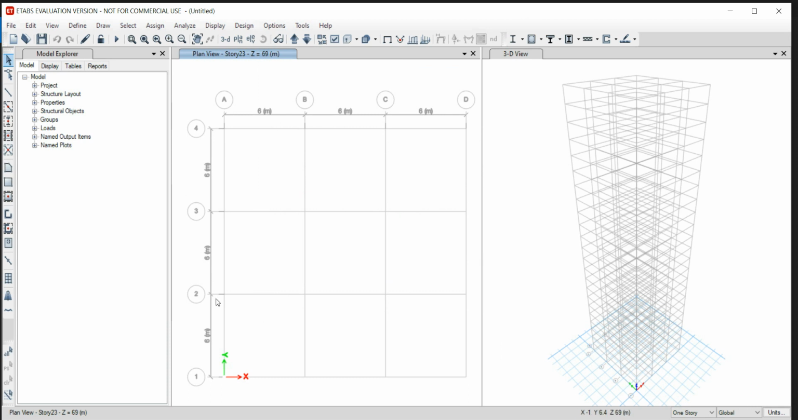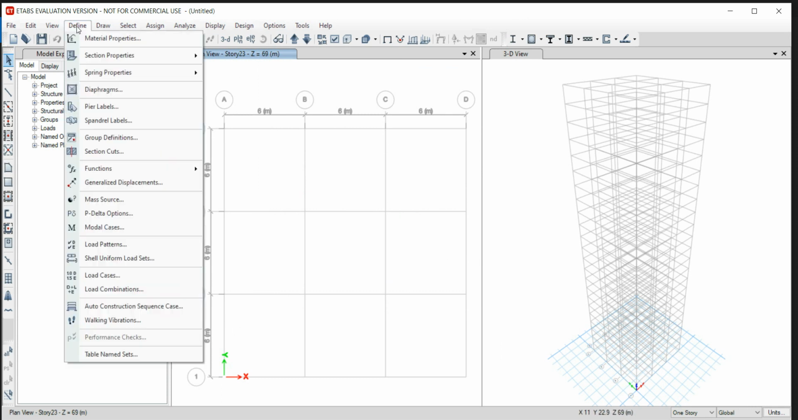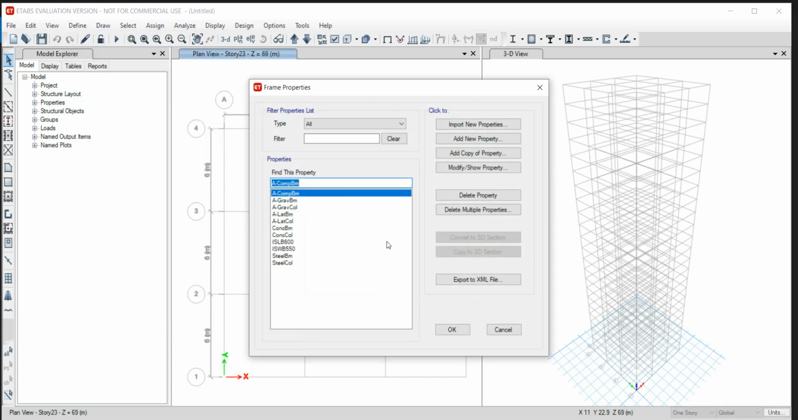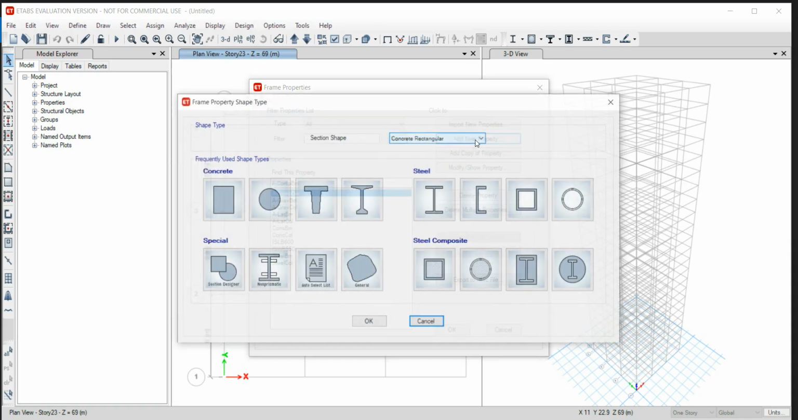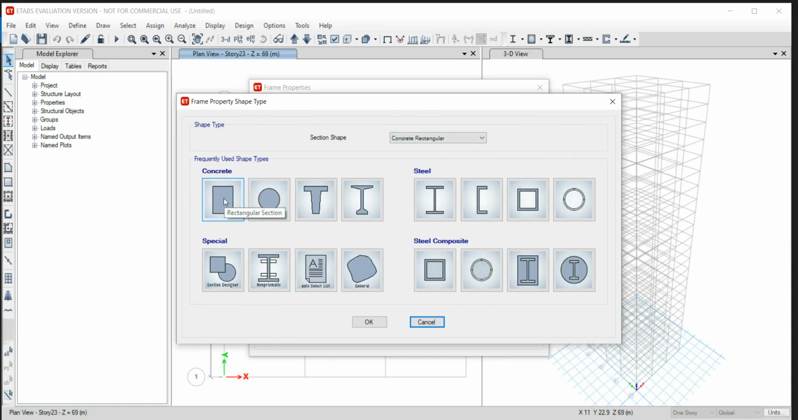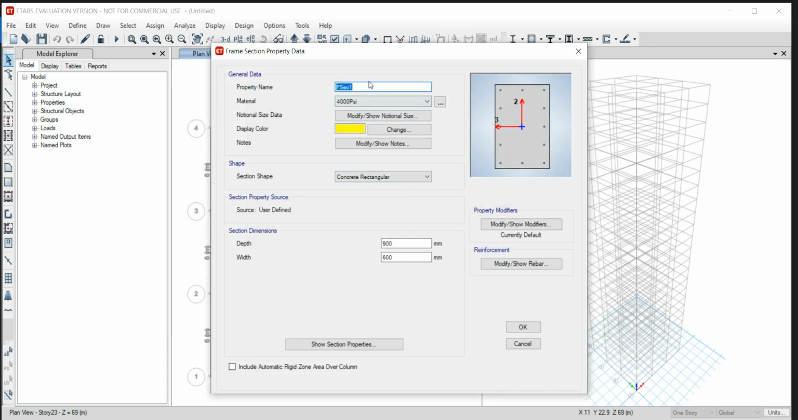Now you have to define the frame sections. Go to define, select section properties and click on frame sections. Here we have to define the 3 column sections and 3 beam sections as given. So we'll add new property, select the concrete rectangular section, give a suitable name, say C500 by 300, change the material to M40, change the dimensions,